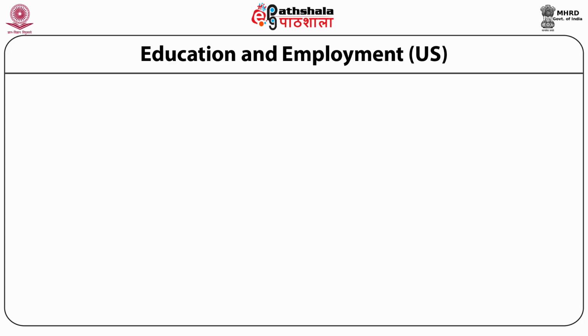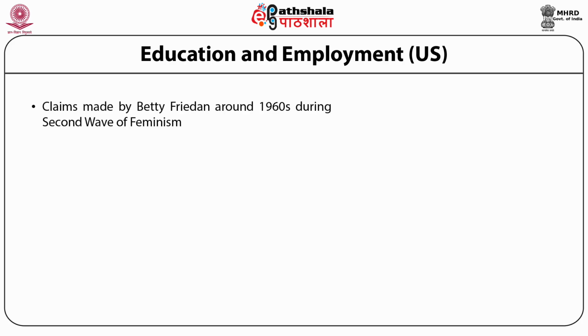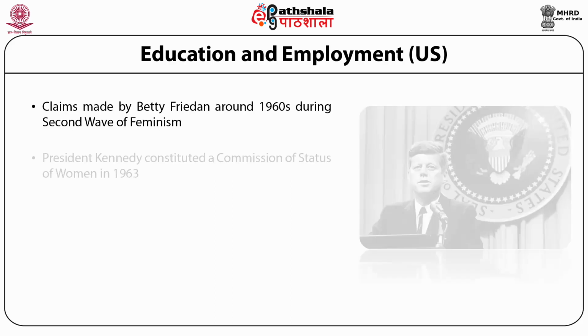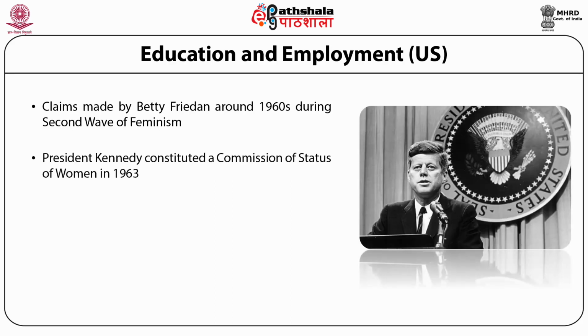And I would basically mention the case of the United States here. In the United States, strong claims were made by a feminist scholar, Betty Friedan, in the 1960s, a phase which also marks the second wave of feminism. In response to the demand of the feminist movement during this phase, President Kennedy constituted a Commission on the Status of Women in 1963 to look into this matter and suggest alternatives for giving equal opportunities to women in matters of